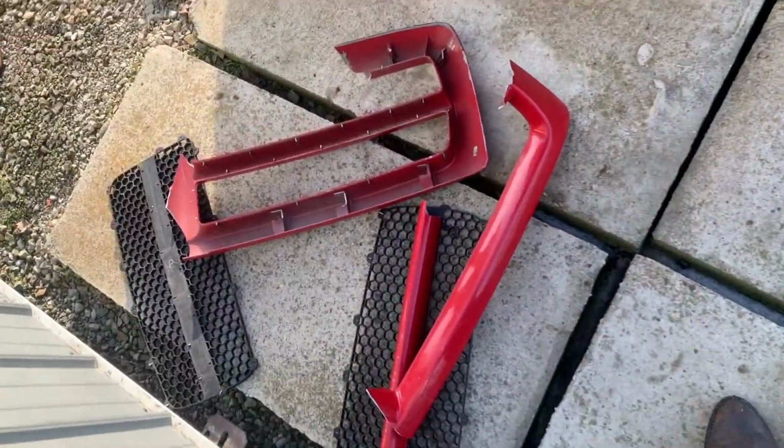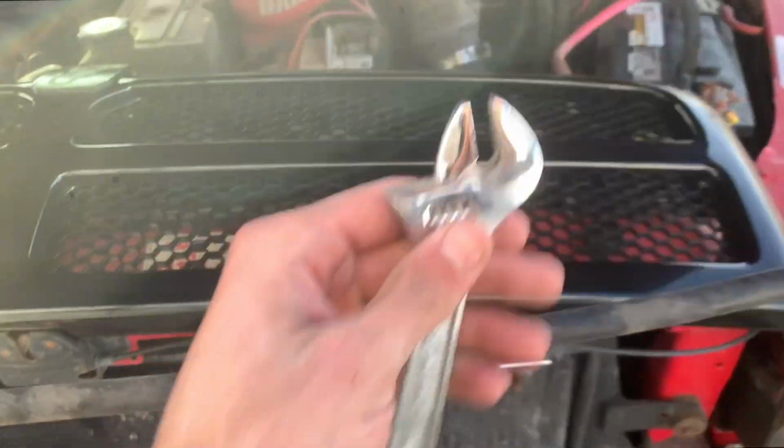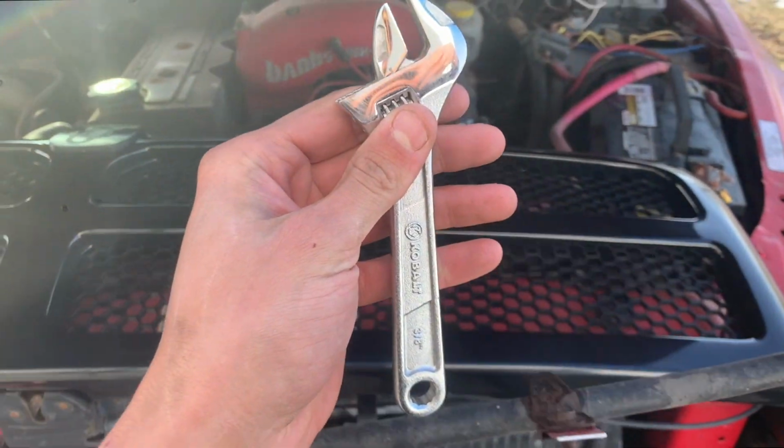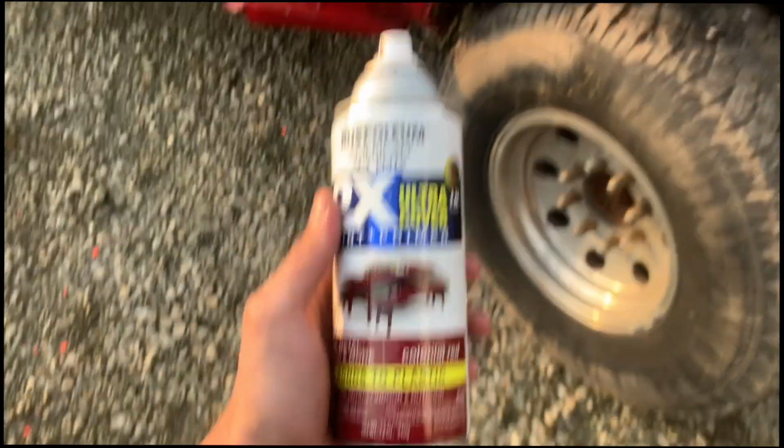So we got the old grill off. Now, time to get the new one on. I don't know if this is the best tool for the job, but it's what we're working with. So we got Colonial Red